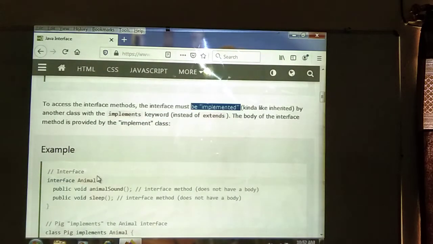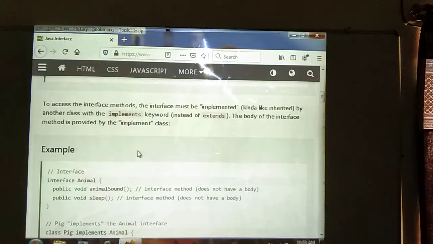Whenever we need to implement, we need to create a separate class, and there we are going to be implementing the interface methods. First we need to create an interface. Within that we place the group of methods with empty body. After that we need to implement those methods. For that we need to create a separate class. Then we use the implements keyword. Then we are going to be adding those methods in that particular class.